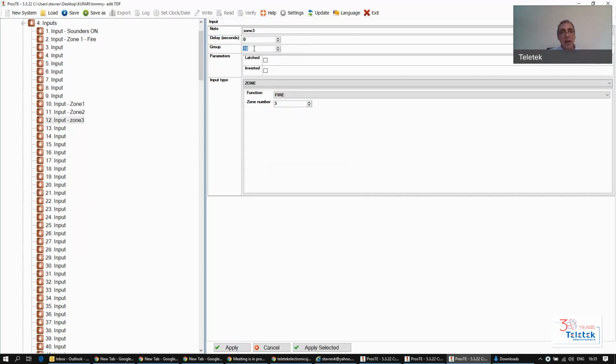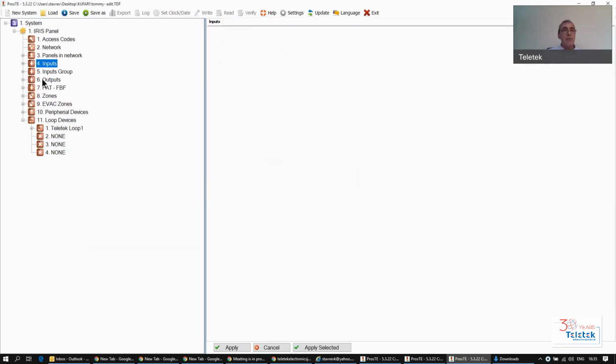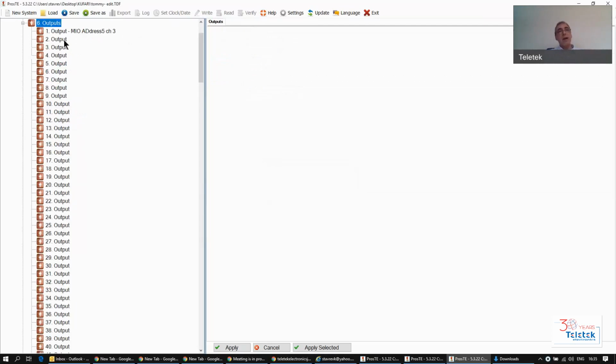I mentioned hundreds, but for some reason I put 10. I don't know why. I'll change it here to 100, just to demonstrate the example better. So I'm going to outputs. I want to activate my output